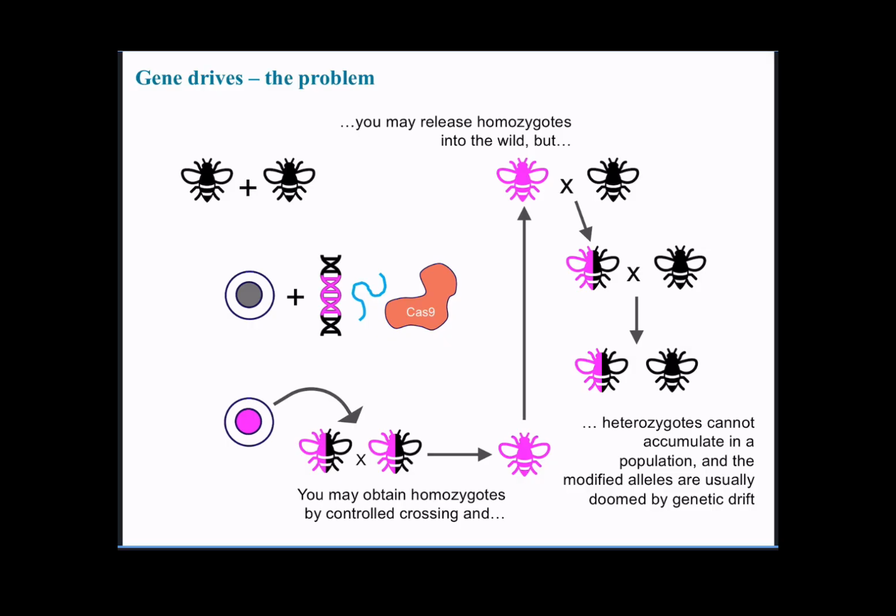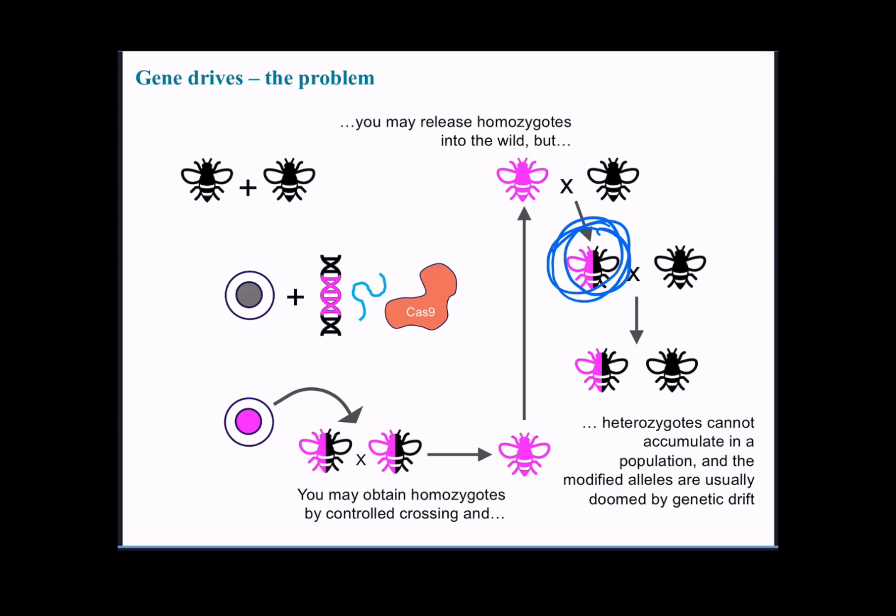Tens of thousands versus the tens of millions in the wild, chances are that your homozygote, say, mosquito resistant to malaria, will mate with a wild-type mosquito. And then what you'll have is a heterozygote mosquito in the progeny. With one homozygote for the malaria resistance and one wild-type, all of your progeny will be heterozygote. And when that